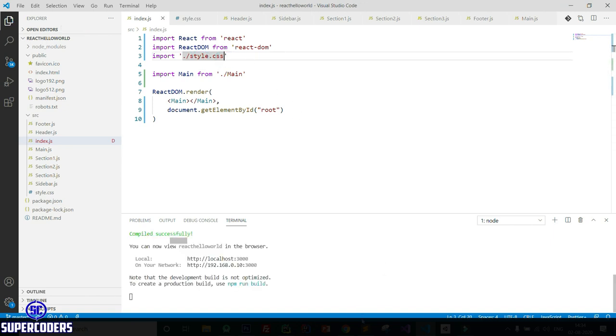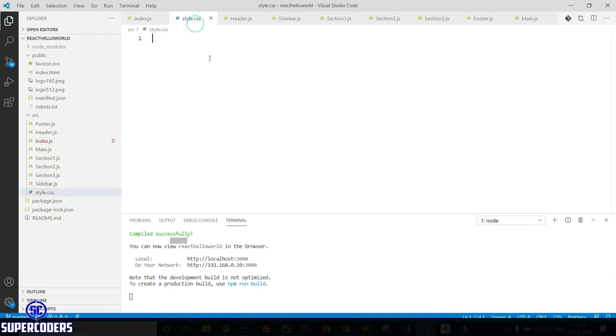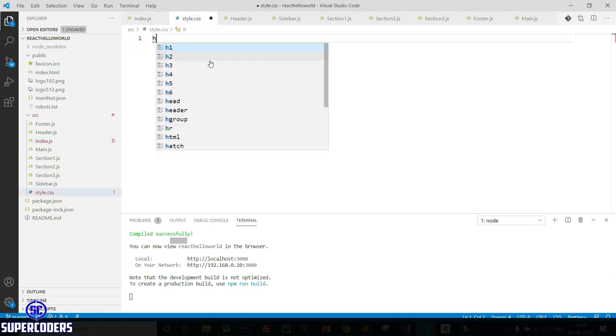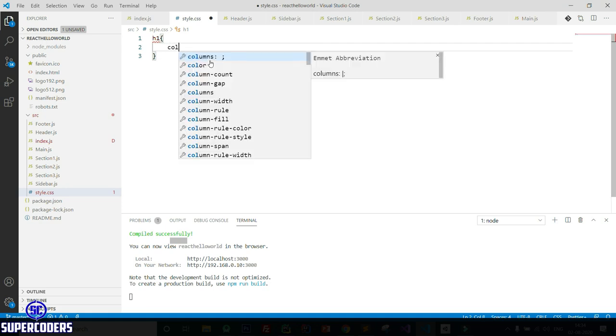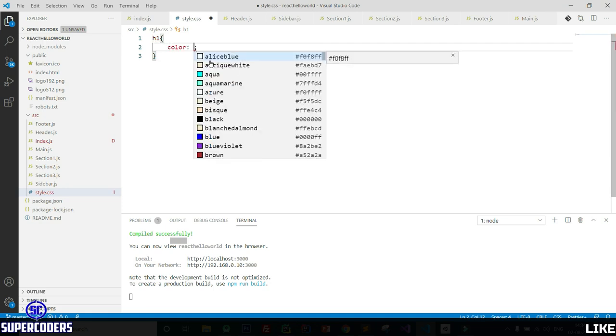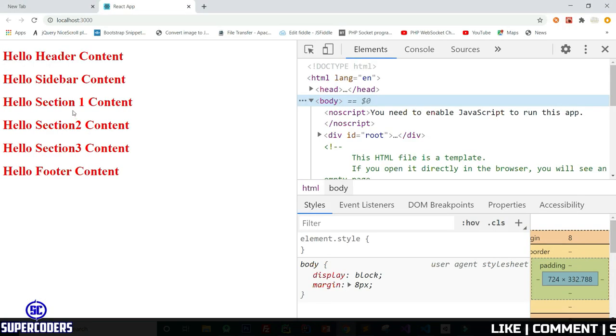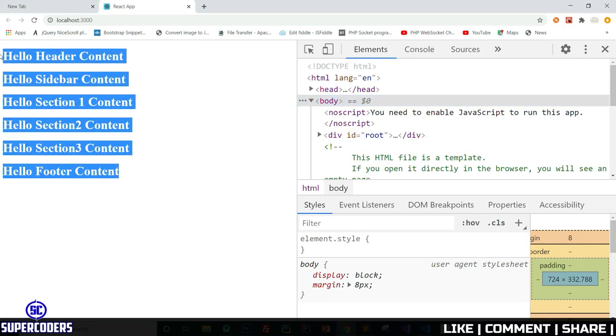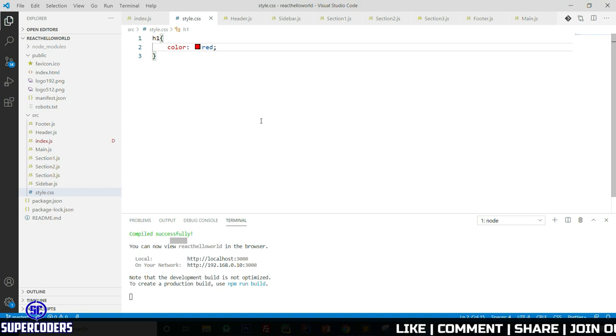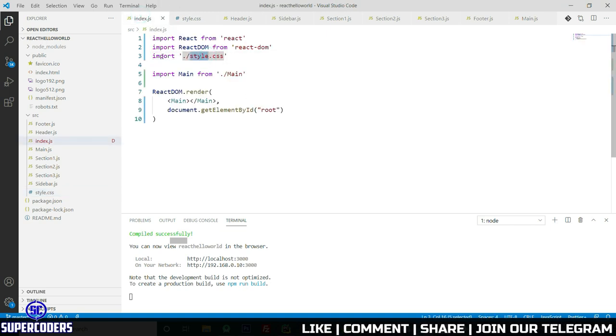Now let's see. Adding a heading h1 color red. Let's see if style is working or not, and you can see style is also working. So for adding style to our page, just add import and pass the file name. So only add import, then pass the file name.